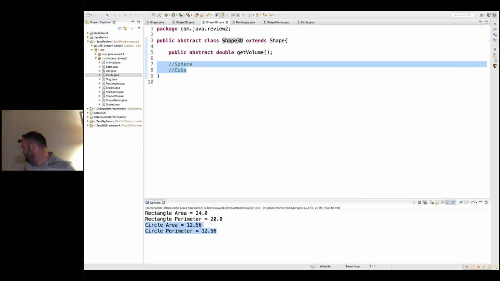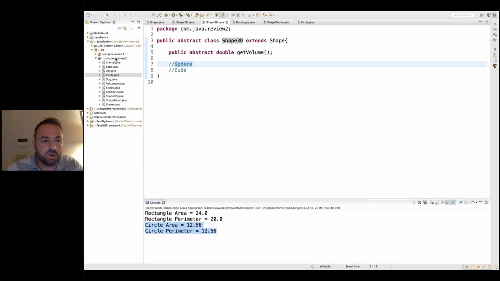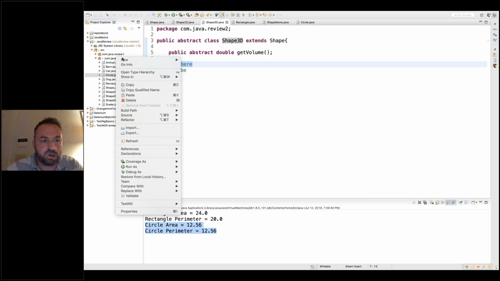Okay, so let me see. Let me check. Oh, I see. I know the volume of the sphere, 4/3 pi r cubed. Okay, so let me also do it with you together. So we have to create a 3D object, the sphere. Okay, so new class,